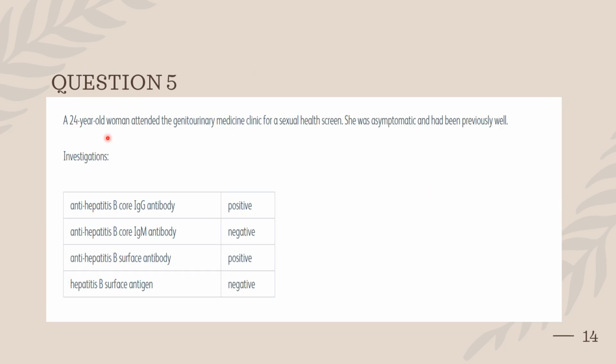This question: a 25-year-old woman attended the genitourinary medicine clinic for a sexual health screen. She was asymptomatic and had been previously well. Anti-hepatitis B core IgG antibody positive, anti-hepatitis B core IgM antibody negative, anti-hepatitis B surface antibody positive, hepatitis B surface antigen negative. I have to give you an introduction to this hepatitis antibody and antigen,